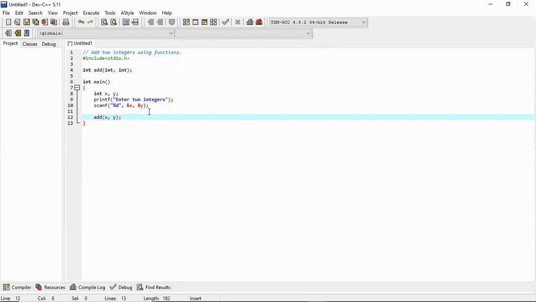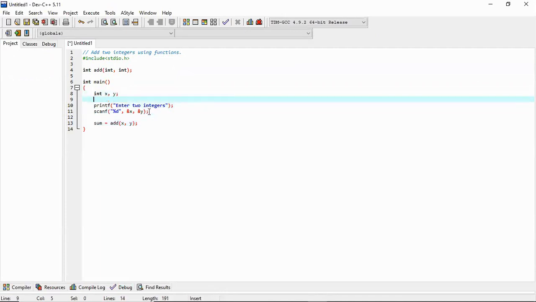This function will be called and it will return something, that addition it will return. So that returned answer we can put in, for example, a sum variable. So it will be stored in sum. We need to declare sum here. And once we get the answer, we simply will print the answer, printf